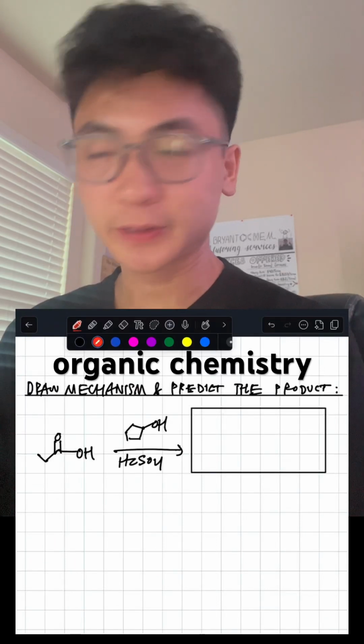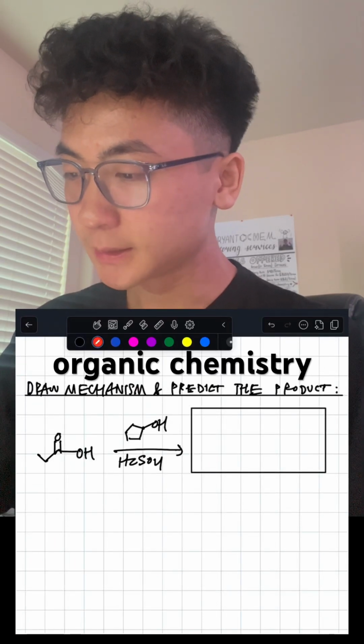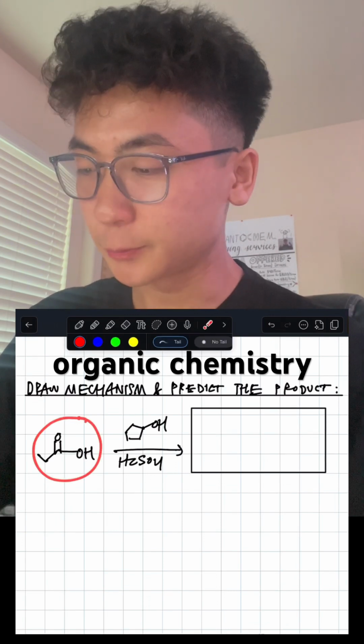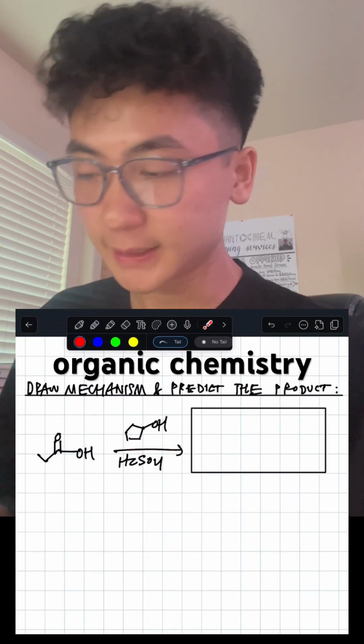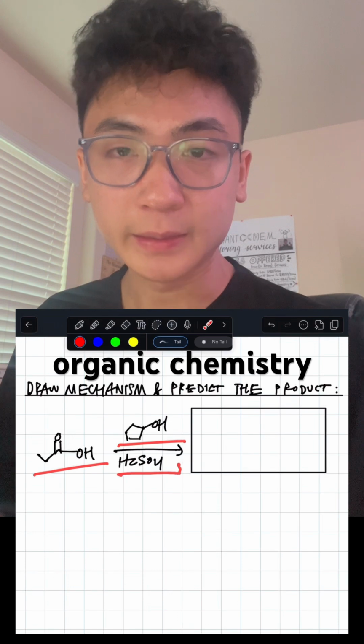In this video, I'm going to go over this organic chemistry problem where we're going to predict the product and draw the mechanism here. So we see here that in the reactant molecule, we have a carboxylic acid, and in the reagents, we have an alcohol in acidic conditions. And when you have these three ingredients, a carboxylic acid, alcohol, and acidic conditions, then that is a big sign